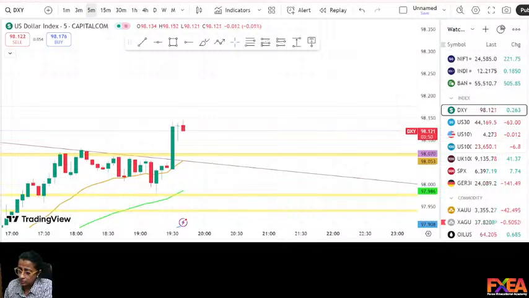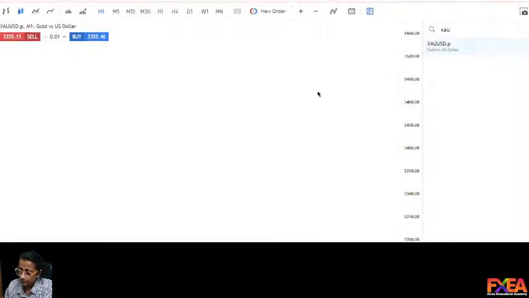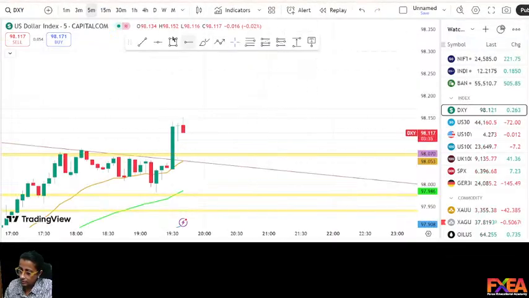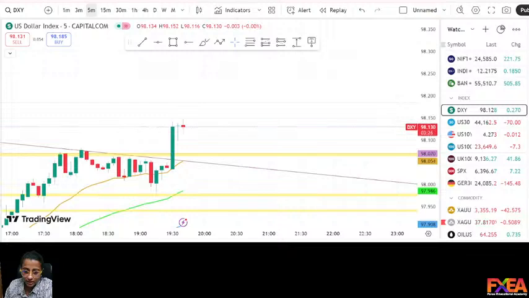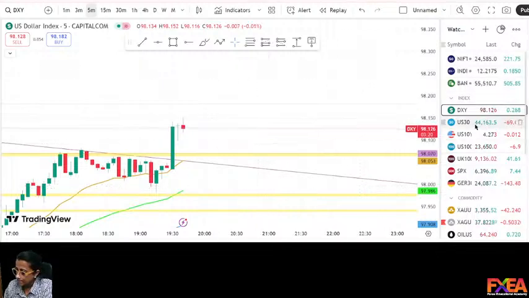Otherwise, see, some green and red is showing here. What you can do is take the scalping, just get out of the trade right now, and when you see another move, you can take the next trade in gold. Likewise, take a small scalping trade, because this range is a very dangerous kind of range. That is one reason I am suggesting that.